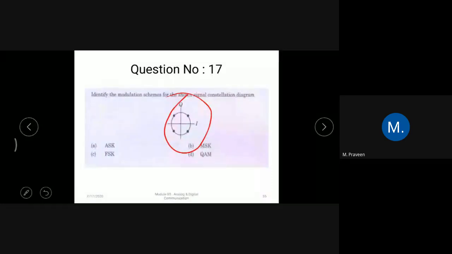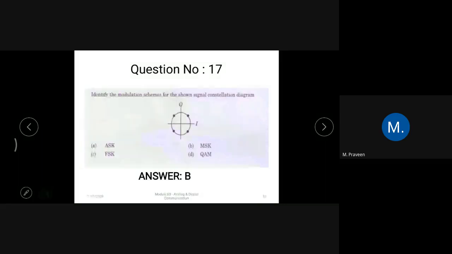It's well known. There will always be minimal confusion between QPSK and MSK. They all have 4 points. So here this modulation scheme represents minimum shift keying. Maybe in future slides after 2 to 3, I will bring QPSK, MSK and OQPSK all together for better understanding. So this constellation diagram represents minimum shift keying.